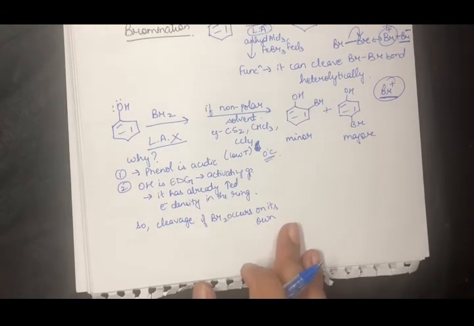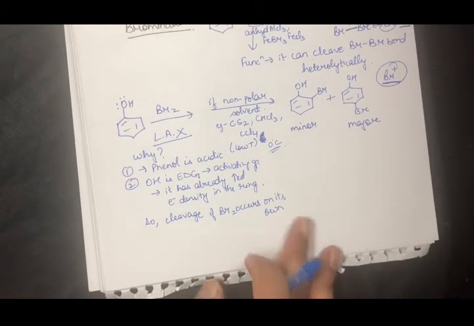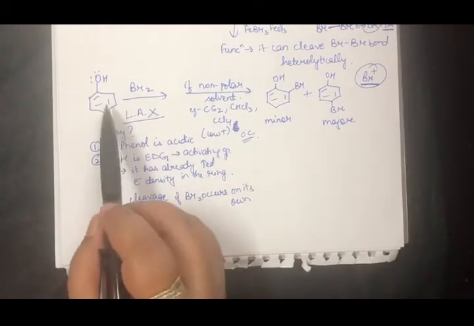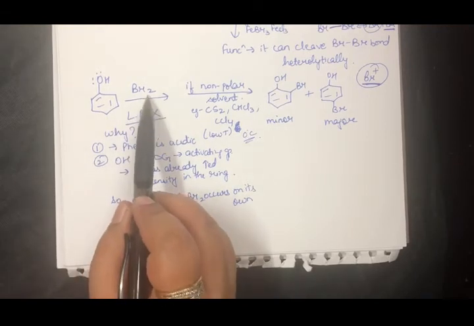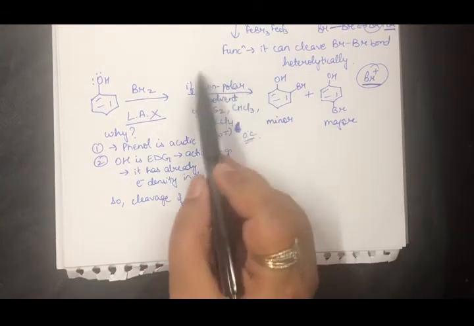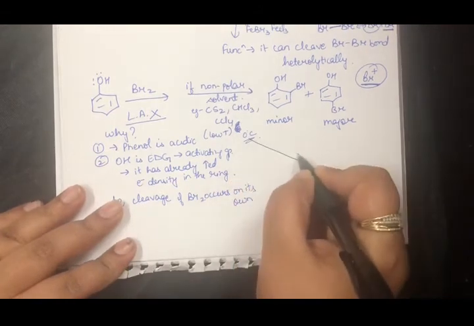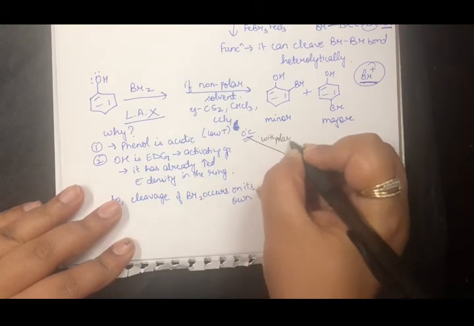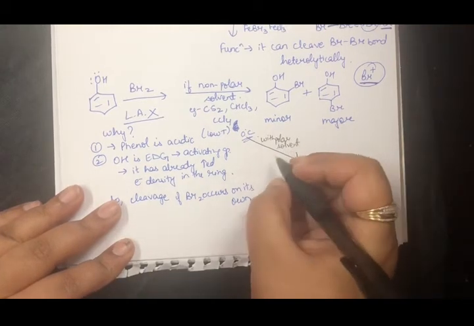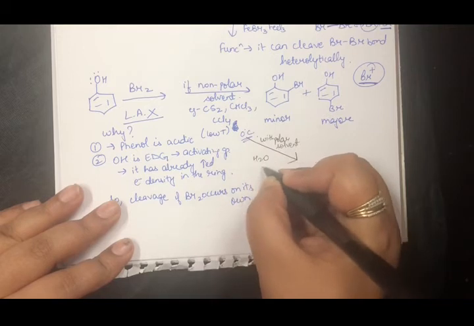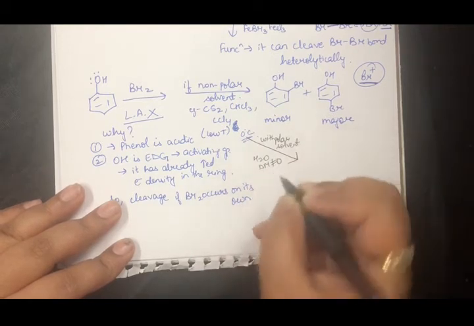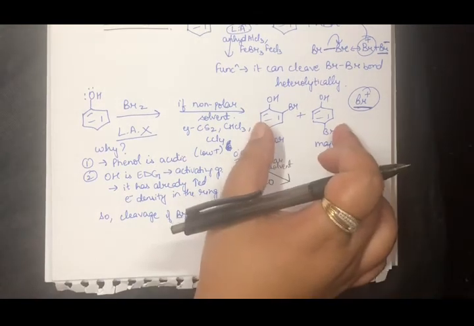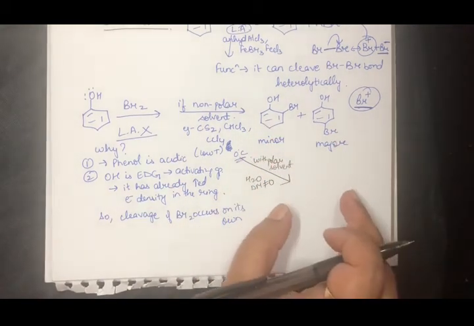Now there is one more issue that we need to deal with here. Now if the same reaction above, in which I had phenol and had already added the bromine molecule, was occurring under a non-polar solvent, but what if this reaction occurs with a polar solvent? For example, the most common example for our polar solvent is water, where the dipole moment is not equal to 0. Now what will happen? Will the products be the same as the above case, or are the products going to be different here?